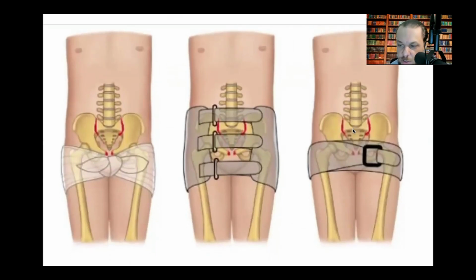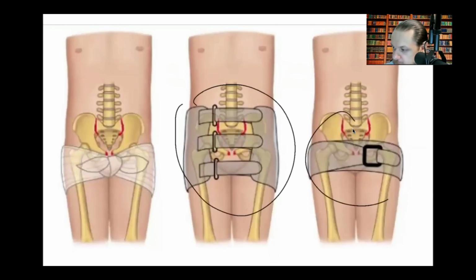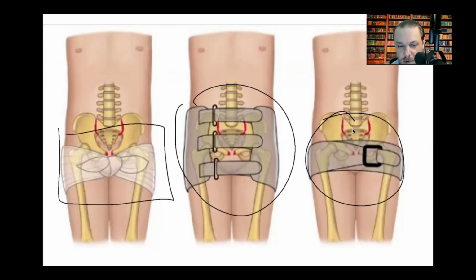So first, if you have a commercial device, here's commercial device 1 and 2, right? So you could use that, but if in the field we don't have a commercial device, what we want to use is a sheet, right? As Ian was saying, but for the pelvis, you're not going to use a pillow. What you're going to do is wrap your sheet around the greater trochanters here, bringing these portions of the pelvis together, so that the point being is you want to close up that gap,